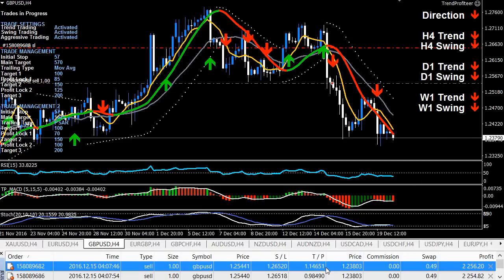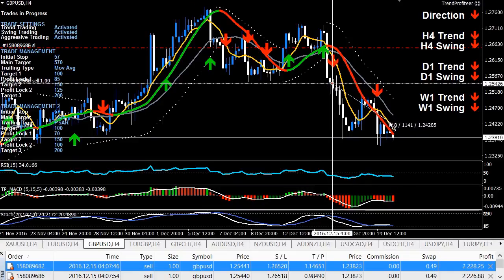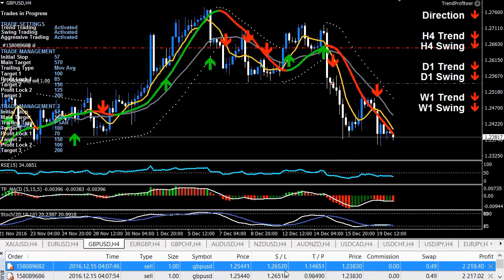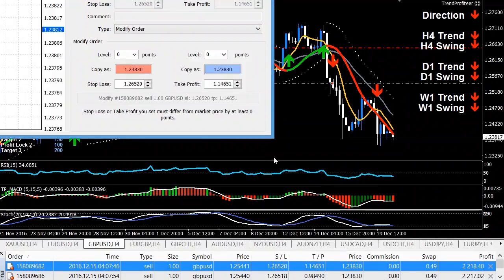But what I want to do right now is modify my stop. For whatever reason, my trade management hasn't functioned correctly in this case. Now, we've got our software, we've got MetaTrader 4, and we've got the internet. So sometimes things don't go exactly as expected, and that's why it's important. I'll just move my stop here. I want to lock in about 125 pips. Anyway, as I was saying, it's important to understand the system and be able to manually intervene when you need to. So I'm going to move this stop to